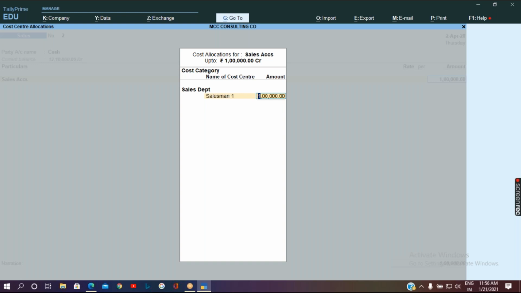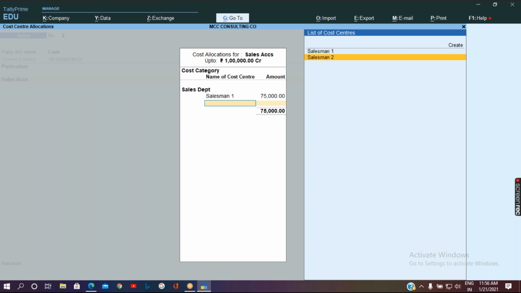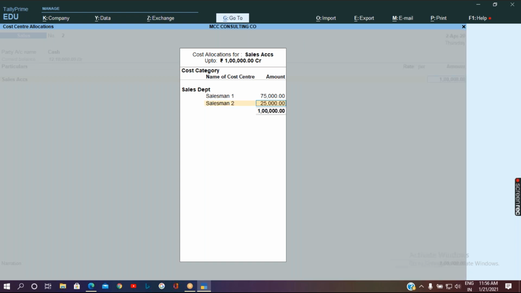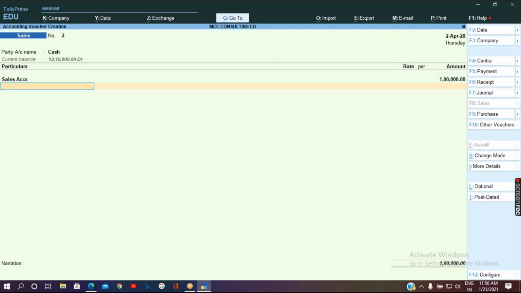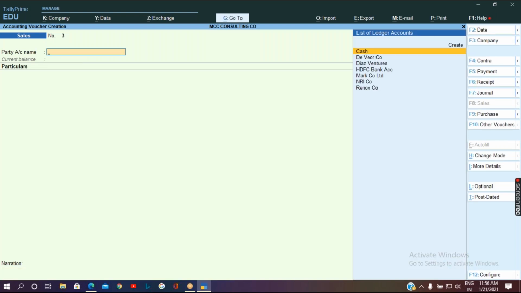So let me take it as 75,000 contributed by salesman 1 and the remaining 25,000 contributed by salesman 2. Accepted. So this is how you can specify the cost centers and cost categories while passing the transactions.